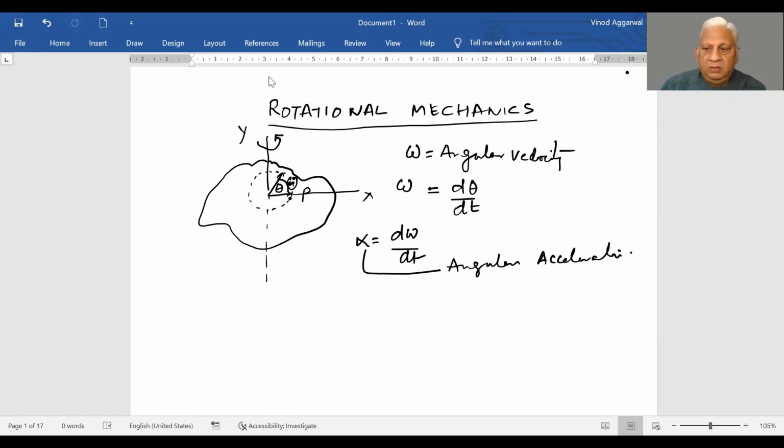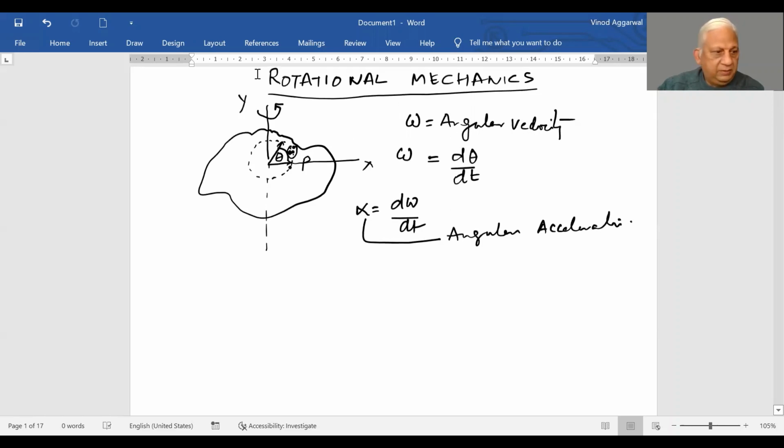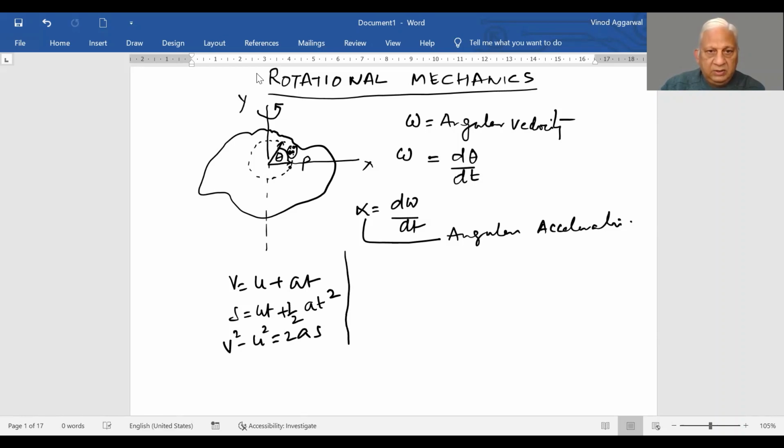Right? Now, like we studied in Newtonian physics, that v is equal to u plus at, and s is equal to ut plus half at square, and v square minus u square is equal to 2as. This was when acceleration is constant. Similar to this, exactly similar to this, we have terms in rotational mechanics as well, and which is that